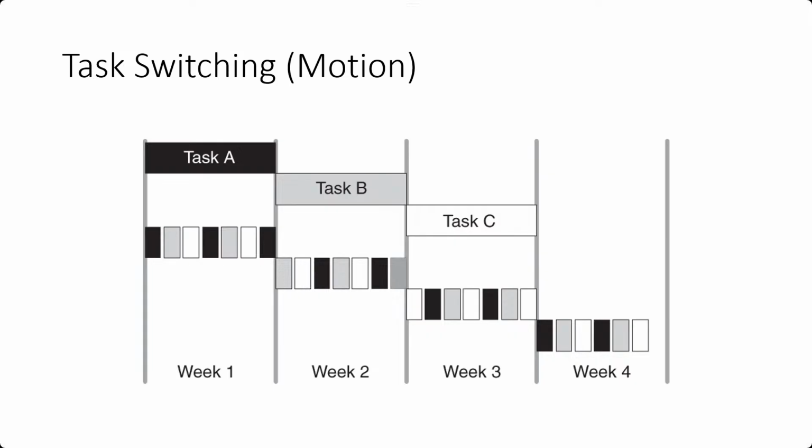Okay, next up is task switching. So task switching is the idea that instead of having a person on your team essentially assigned to one product or project or one team, you split them up and have them work on multiple different projects over the course of the week, or potentially multiple different tasks at once, and we need to get them all done. This is obviously an exaggerated version of this,